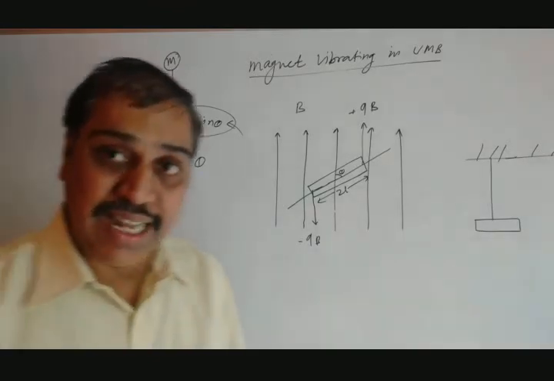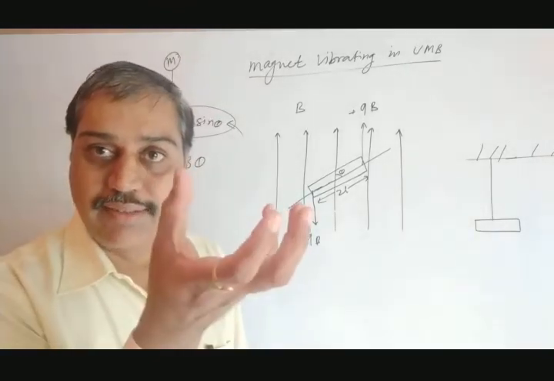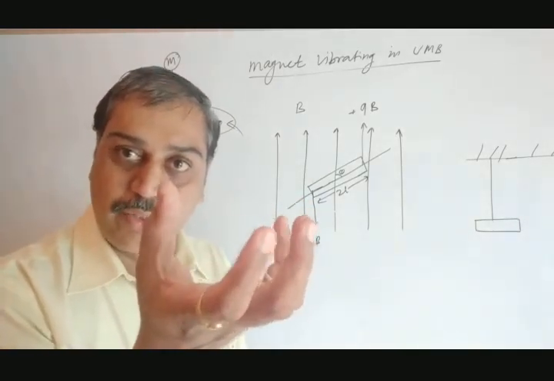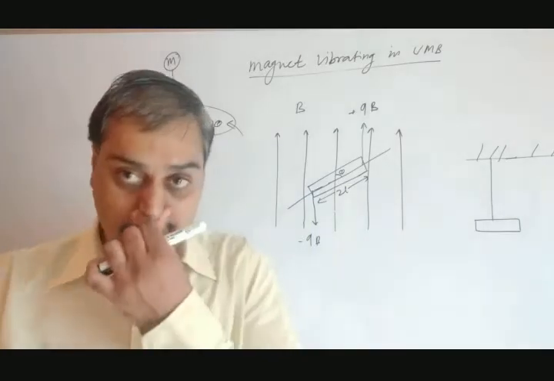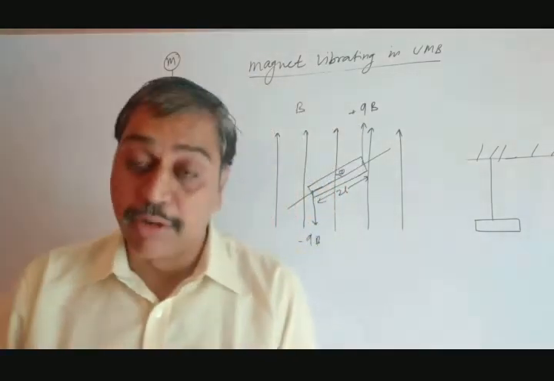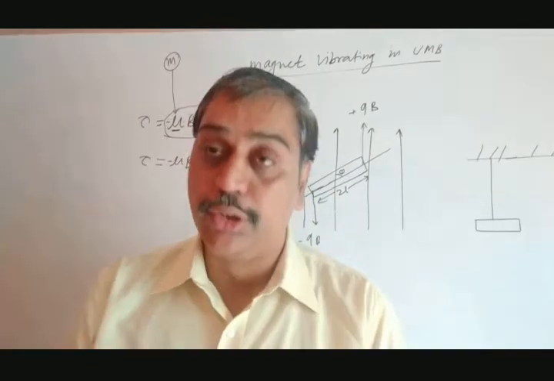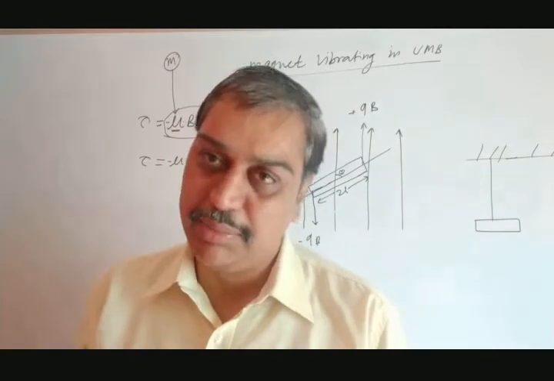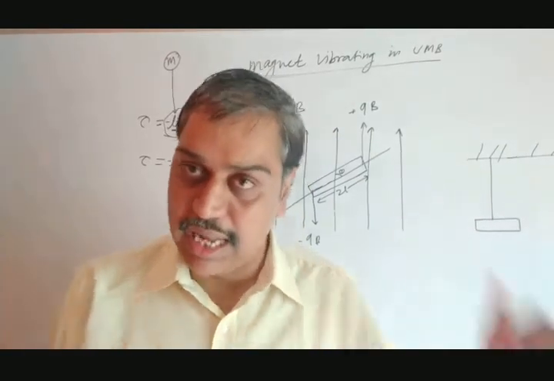Now why the minus sign? As the magnet rotates like this and again comes back to the original position, the displacement and restoring force are in opposite directions. That's why the minus sign is there. In your book they have not taken a minus sign, so you just take that minus sign. Later on they have taken it, but basically they must initially represent it like this with the minus sign.